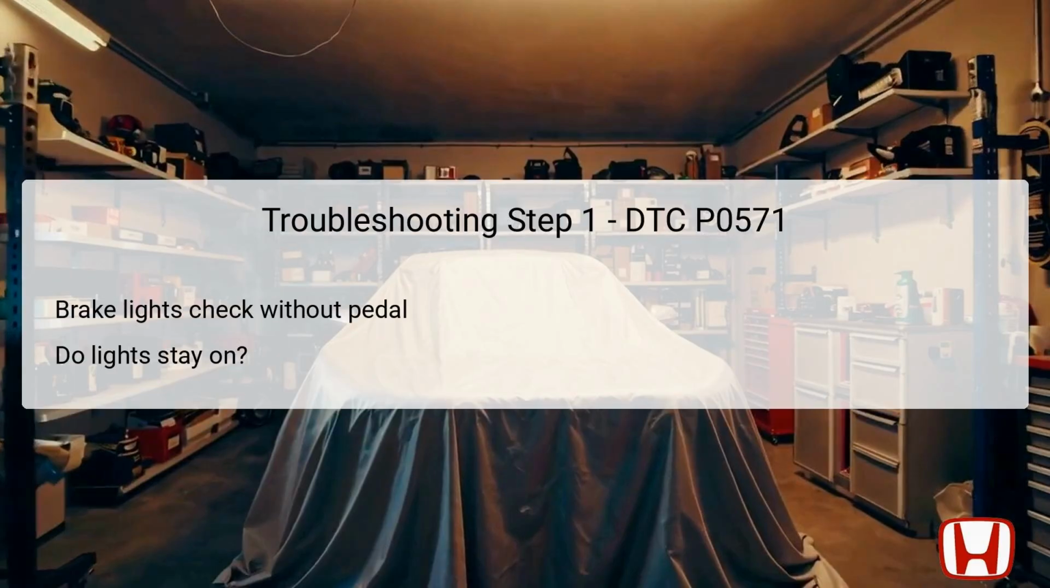The first step in troubleshooting DTC P0571 involves checking the brake lights without pressing the brake pedal. This initial check is essential for determining whether the brake lights are remaining illuminated unnecessarily, indicating a circuit issue. If the brake lights stay on in this scenario, this may confirm an existing problem with the circuit that needs further investigation. If the brake lights do not stay on, this directs you to the next step, implying that the